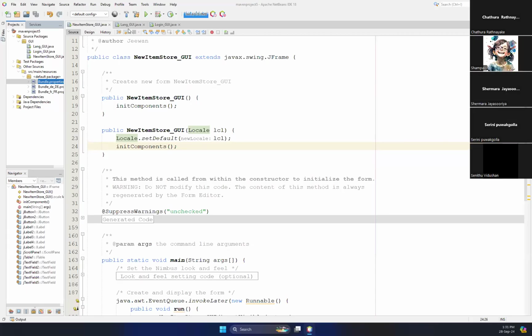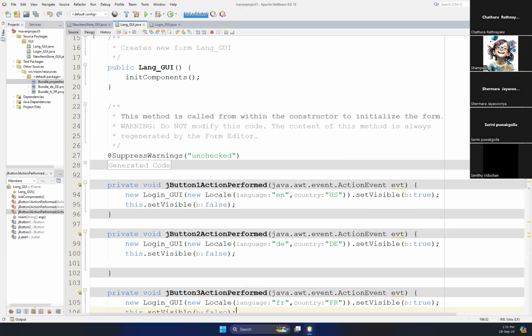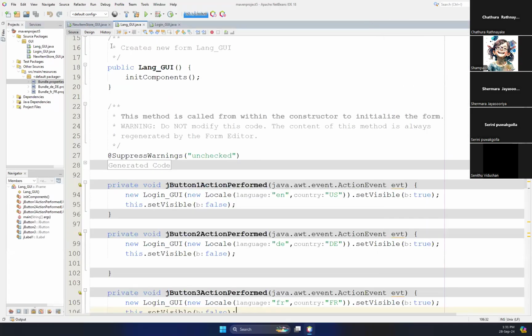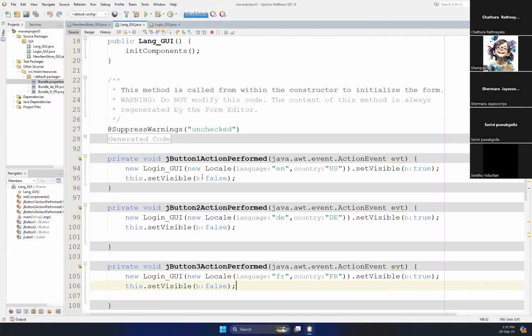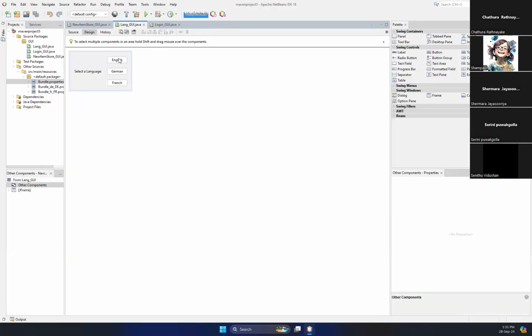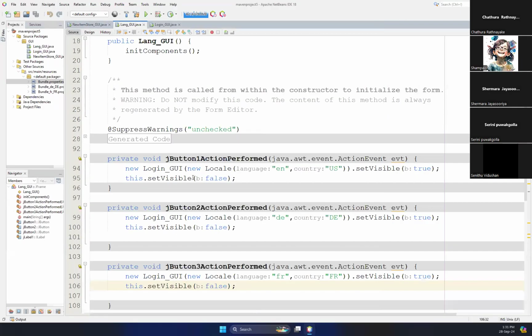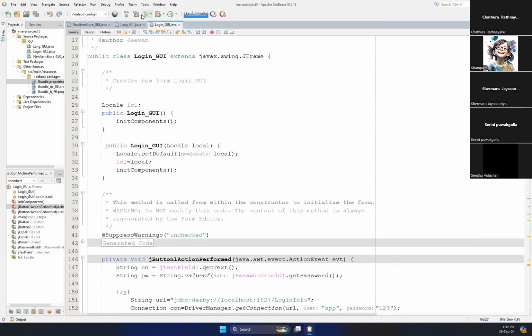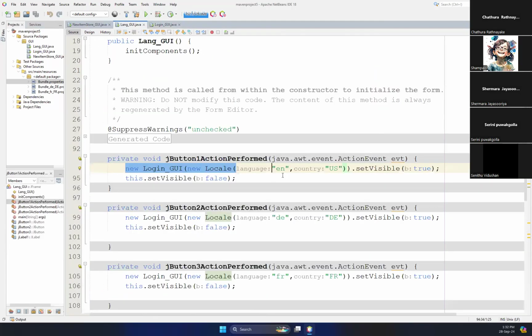Initially, this would display the language GUI. This interface it would display. Based on the language you select here, when you click on button 1, that means English here, the code behind is that we are opening the login GUI. That means we are calling this login GUI class, passing the language and the country code,